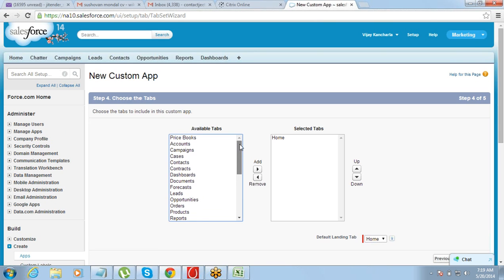Okay. Now while creating an app, as I told you earlier, an app basically displays a collection of tabs. Right now we have a lot of tabs already available in our Salesforce. So it shows you a complete list of tabs, and it says which tabs you want to show under this app. So under the project app, which all tabs do you want? I do not want home, it is there by default. Home tab will